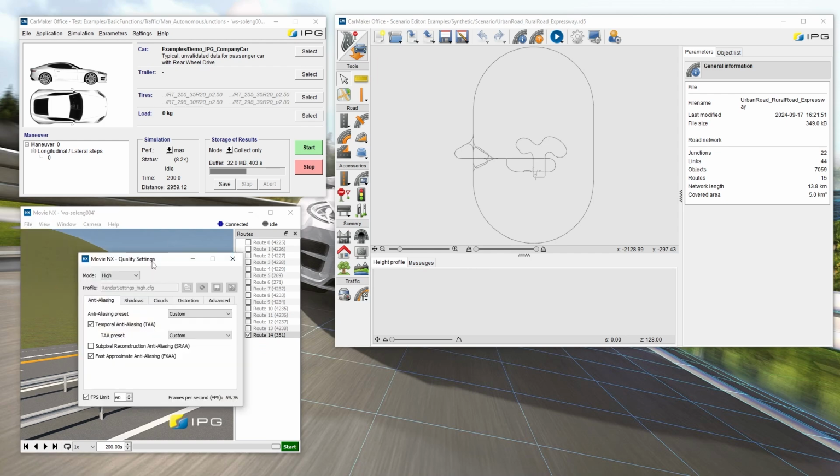In quality settings, you can adjust the visual quality settings. You can select from different presets or manually change these options and save them here. For sharper edges, adjust the anti-aliasing settings. Shadows and clouds can also be enabled with quality adjustments available. Additionally, you can set the quality of the lens distortion or enable effects like screen space ambient occlusion.